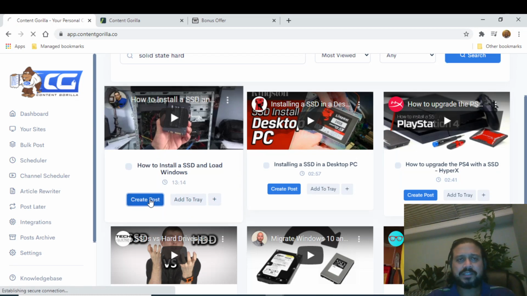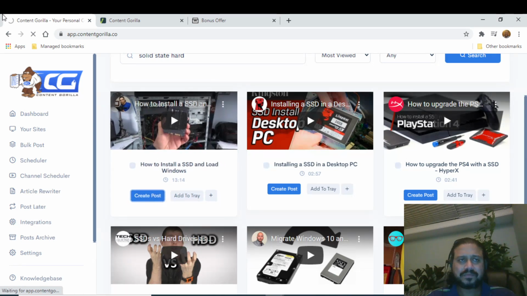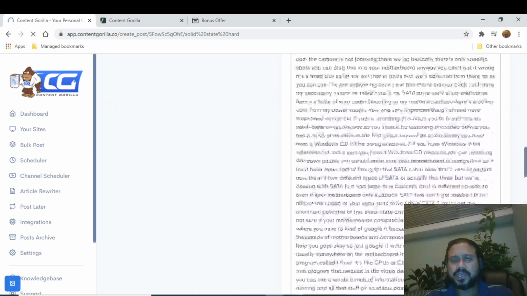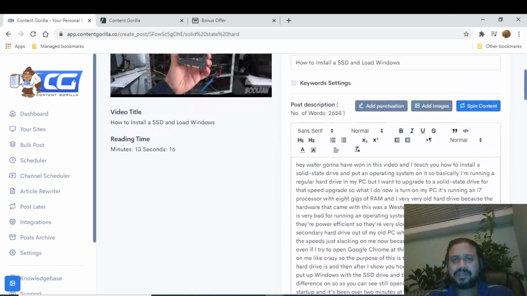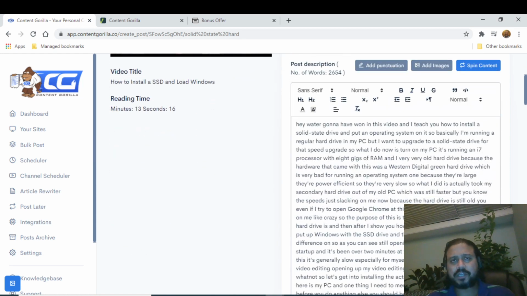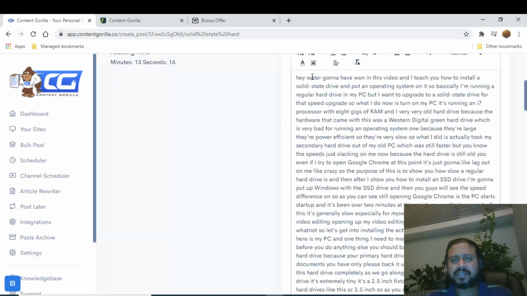Now it's very simple to go and create a post. That's it. Create a post. I think it's my internet. Yeah, there you go. It's already there. See, the advantage over here is it will also have that video over here. You can edit everything over here. If you want, you can download the content, you can change the header over here, and see how quickly, it's not even 60 seconds, it's generated completely.